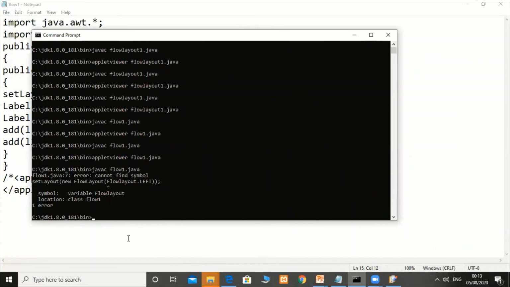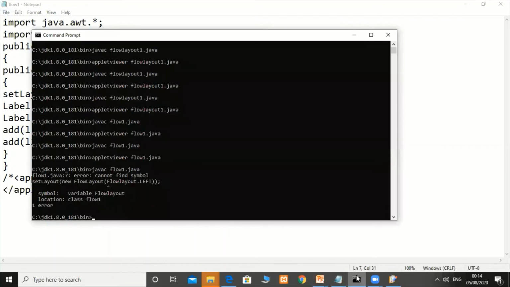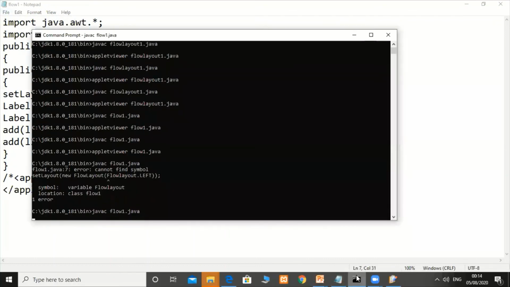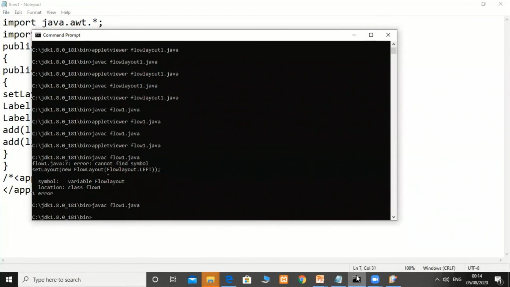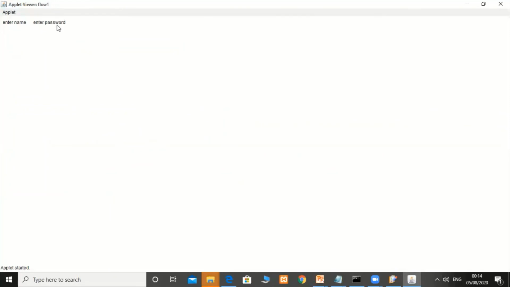Here I got an error, cannot find symbol, FlowLayout.left. So I need to reset the layout, new FlowLayout, and the L should be capital here. Then again compile it. See, it is shifted to the left side because I have written LEFT over here.